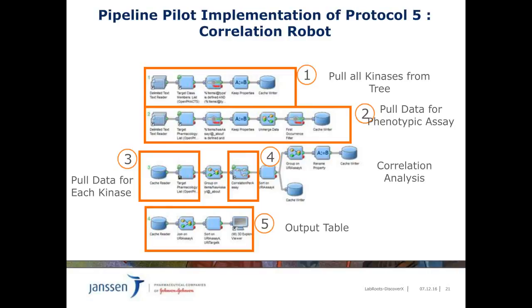In step 2, second line, the assay data for the example pre-Lamin A splicing corrector assay is pulled using the target pharmacology list call. In step 3, we pull for each kinase of the kinase tree the available pharmacology data using the target pharmacology list call. And step 4 does the correlation itself. In the shown example, we do the most simple correlation type by just counting the number of hits common to an assay pair. Here, more complex correlation functions can be used when the data is less sparse, like for instance corporate screening data or full HTS decks.